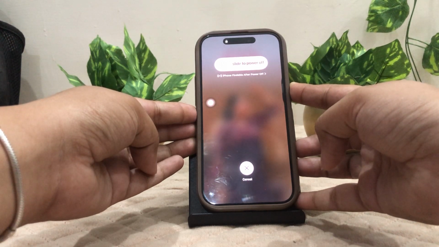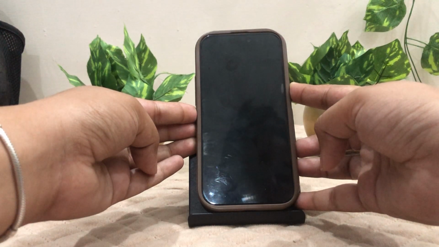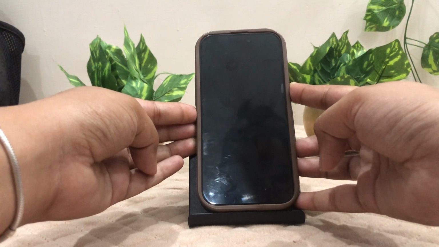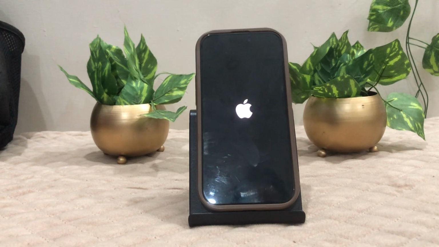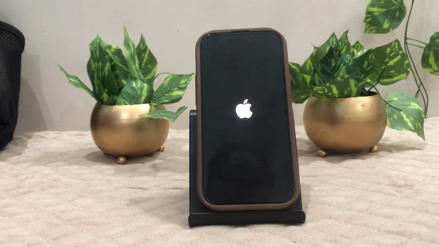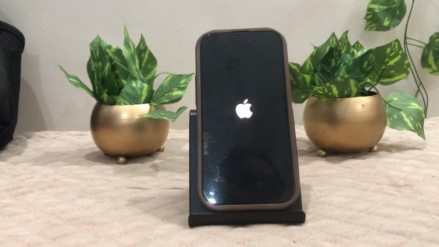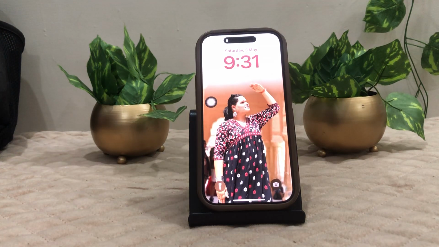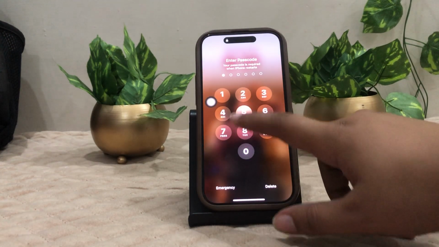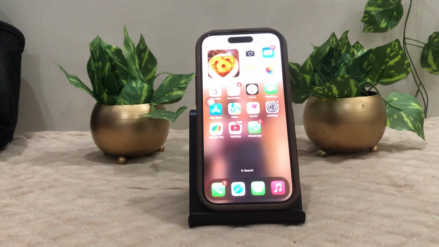Don't worry about what is happening on your screen if it gets completely black like this. You just need to wait for the Apple logo to come up like this. Now you can leave the button. It will take approximately 20 or 30 seconds to get back again, and then your phone will start working well and there should be no alerts, because force restart is considered the quickest solution for all these kinds of small glitches coming up again and again.